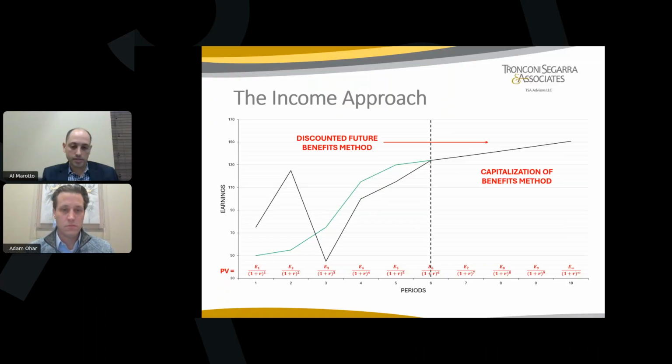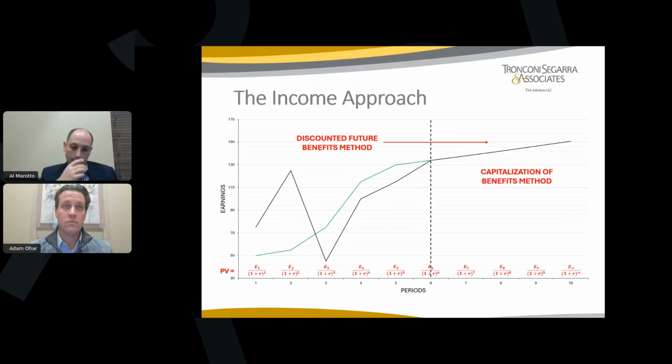Same can be said of that green line, which is a different scenario, but similar. You have a short period of exponential growth that you aren't going to sustain long term. But if you don't capture this in the discounted cash flow approach first, you're going to understate the value of your business. So that green line really represents almost like a startup company. Its first few years in its infancy, it's developing its product, it's building its customer base, and all of a sudden its product takes off, its services take off, you have exponential growth, then you get to your maturity in period 6 in this scenario, or whatever period it may be, and then you reach a steady state of growth.